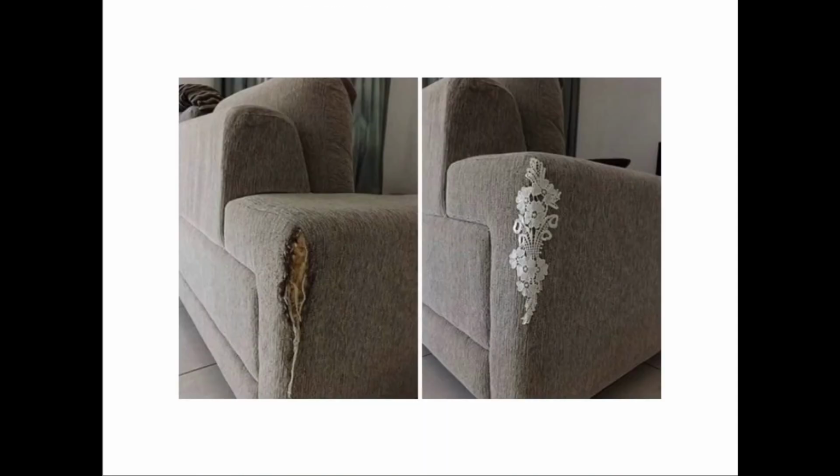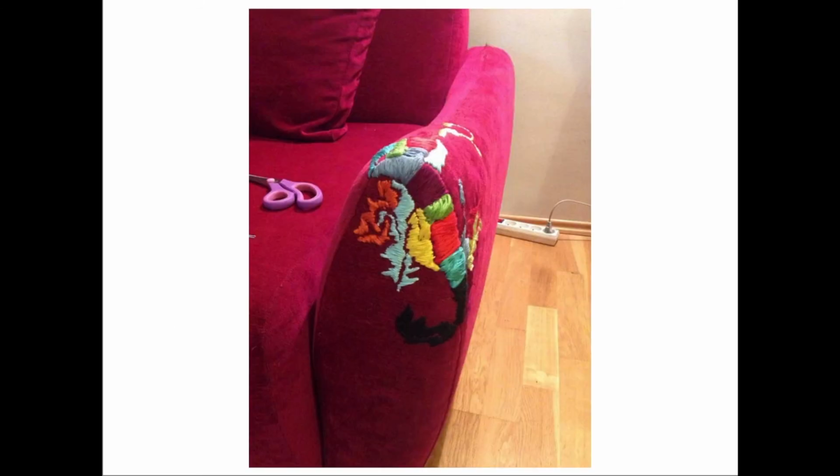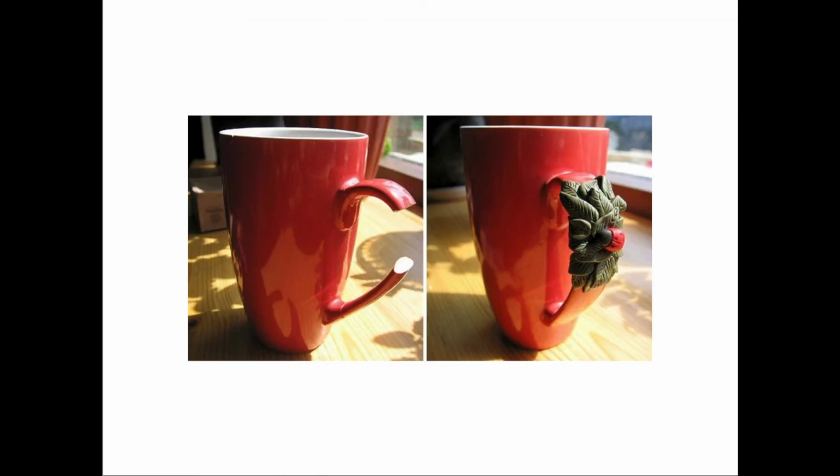Fixing furniture. I do ask that if you are going to be fixing anything that doesn't directly belong to you, to make sure that you are consulting the people in your home who it may belong to before you go about fixing certain areas of your house. This artist repairs ceramics,